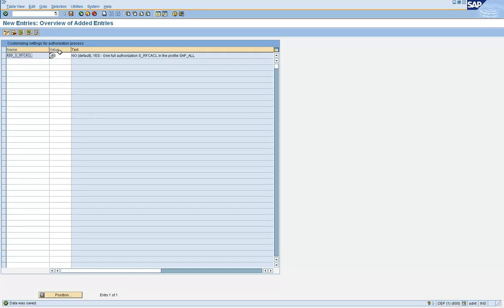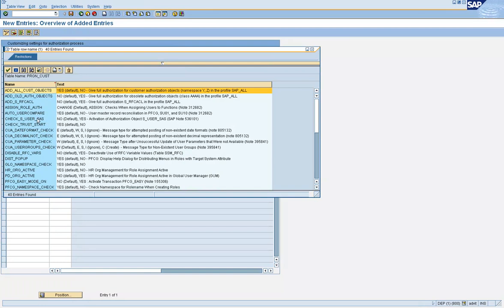So this parameter will take care of the authorization. Similarly, you will have some other parameters like check user SAS. That's another object which is not part of SAP_ALL. So if you want to use this, you can set this to yes again.